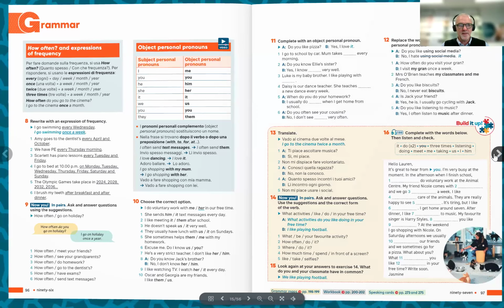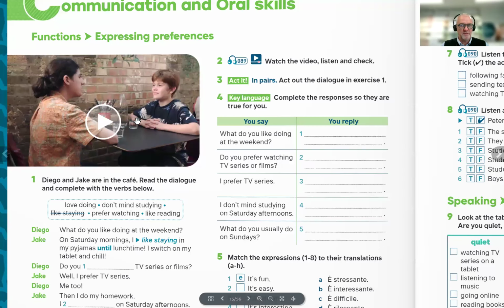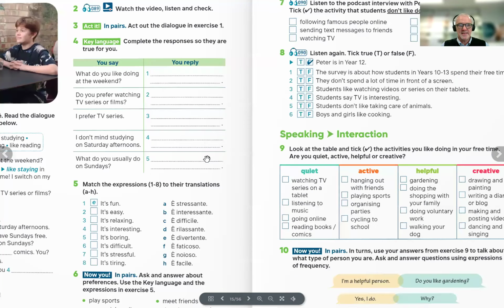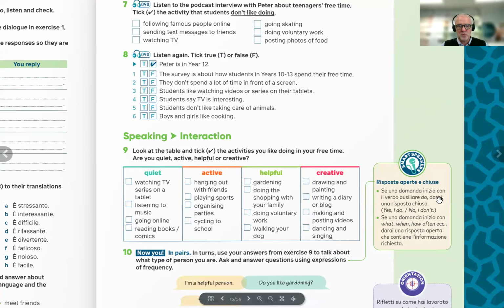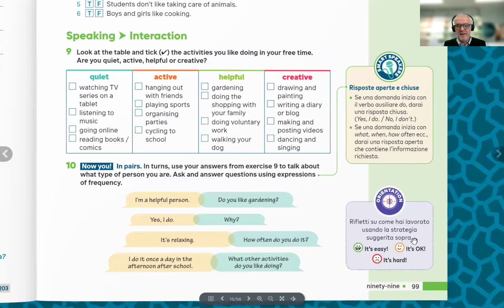Then we move on to a double page which deals with the oral skills. And here is the chance to work on the functions, where we have the functional video and the practice with the glossary, and then listening here. And you notice here with these extra indications, because of this wider page, I can help the kids with how they go about practicing speaking activities. And then again, I ask them to reflect. So autovalutazione as a way of orientamento.